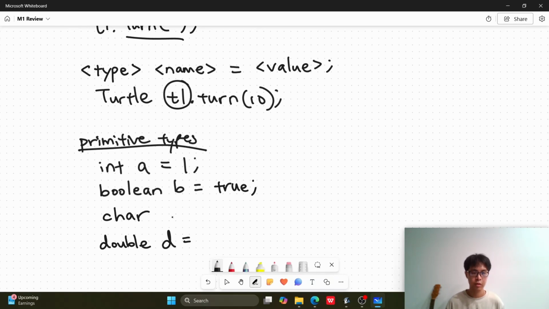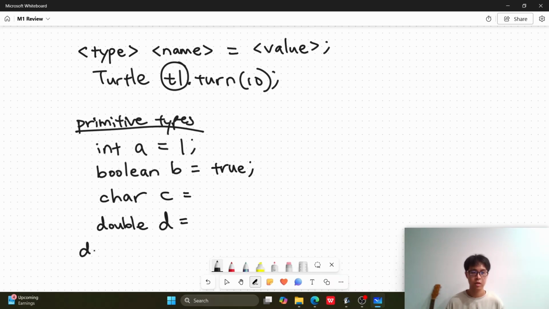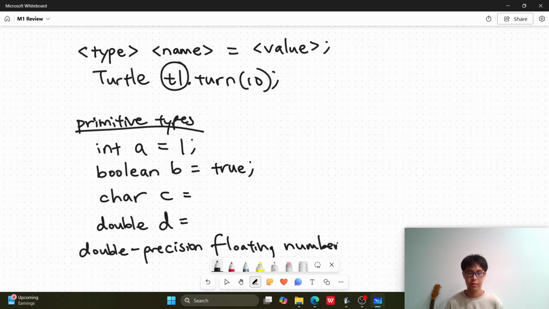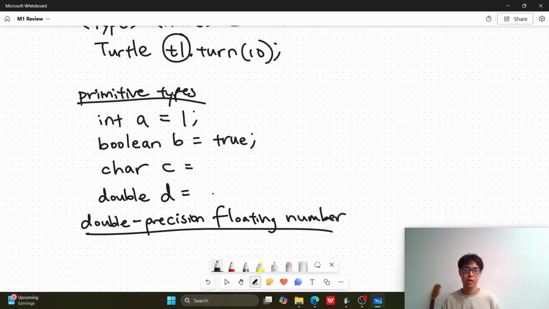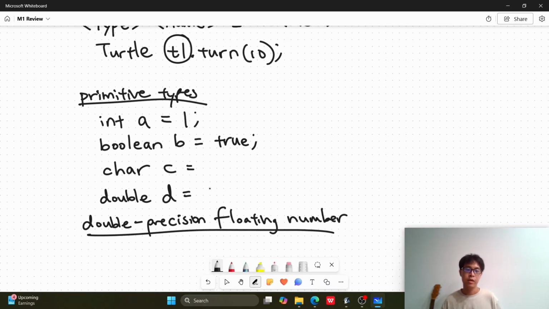I have char in between, and we will get to that later. But what is a double? Double stands for double precision floating number. All that's really saying is that it's a pretty precise decimal number. You'll probably learn later on that computers can't really hold decimal numbers very accurately, and so they need to define